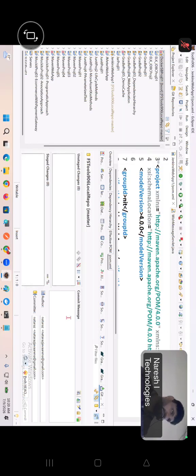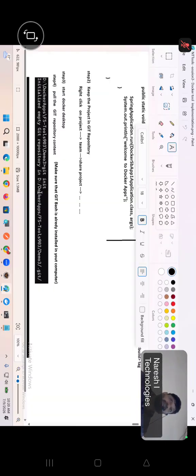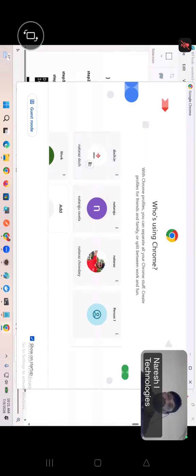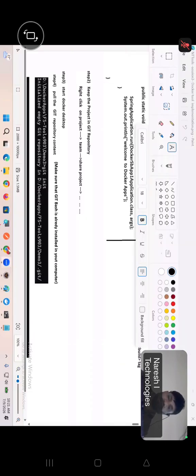Say okay. Yeah, in Git it is there. But from there I want to get the project back to the command prompt. So what I do is, I go to